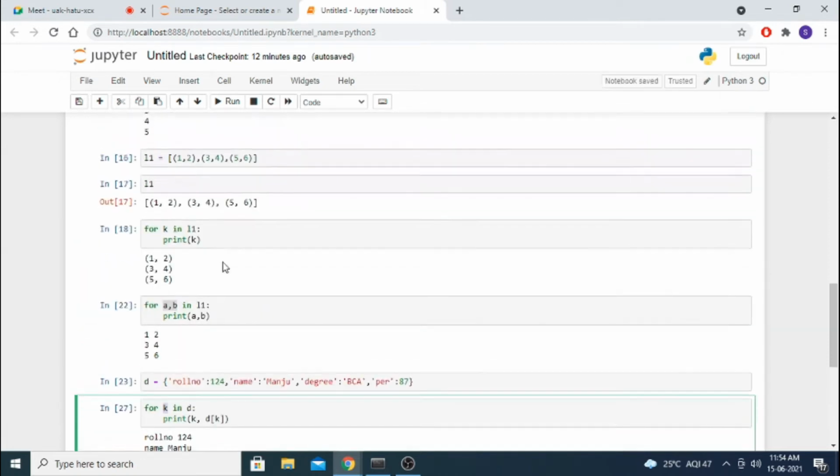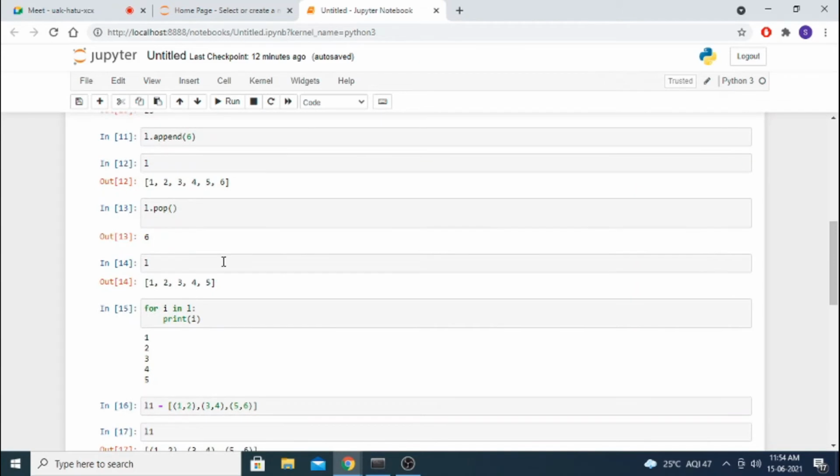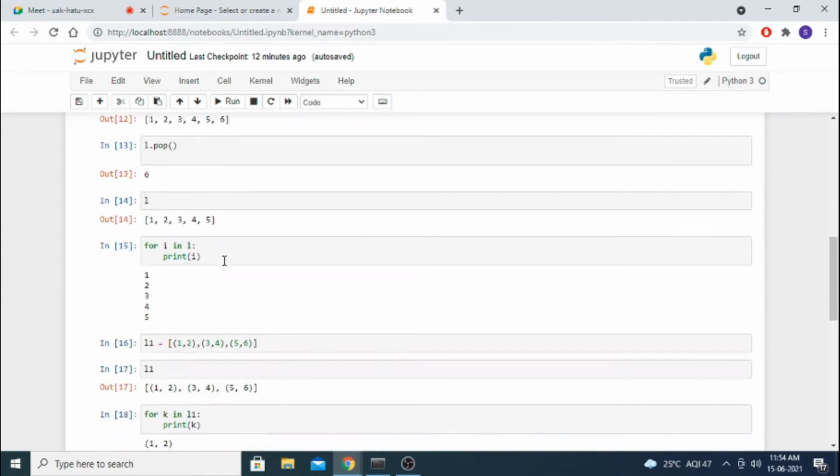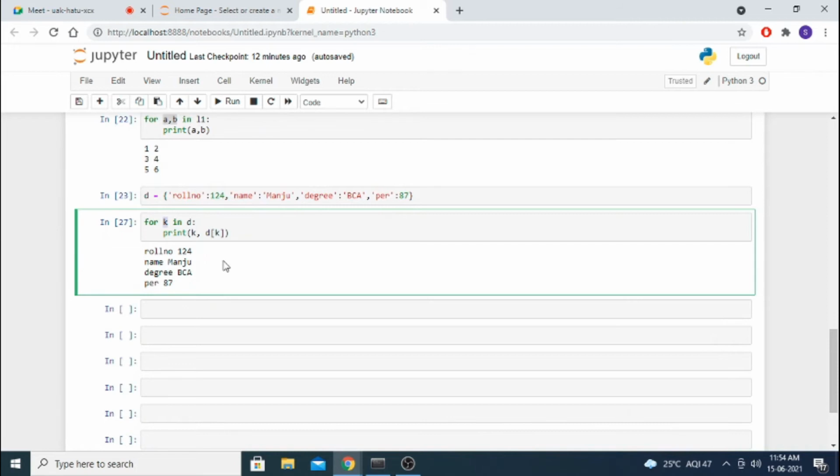And one command I told you, pop, to take out the value from the list. Append is for when you want to add one value, we can add the value in the list. This is the one thing. Okay, now